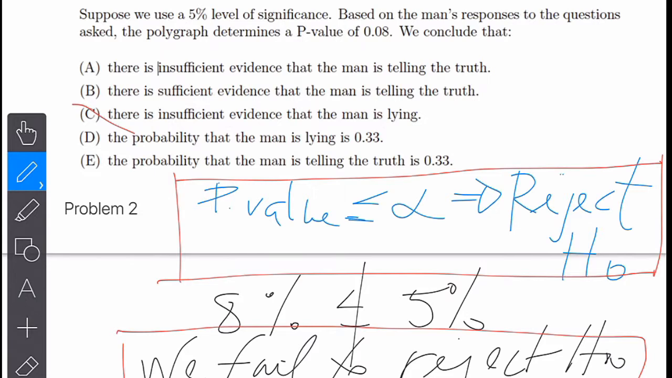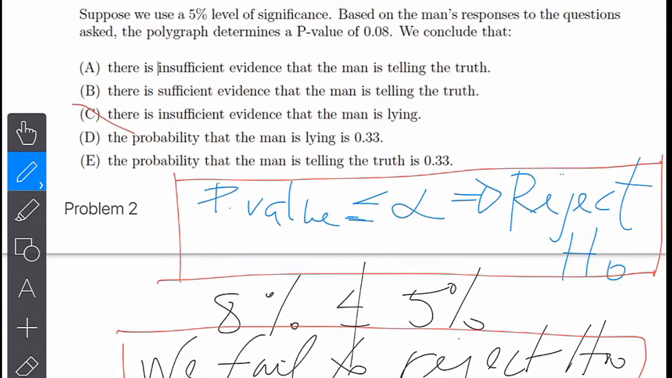This is tricky, isn't it? There's insufficient evidence the man is lying. Which one did you guys say? None. Oh, you say C, A, B, C. Oh my goodness. I put these questions in, I didn't review them. Okay, there's